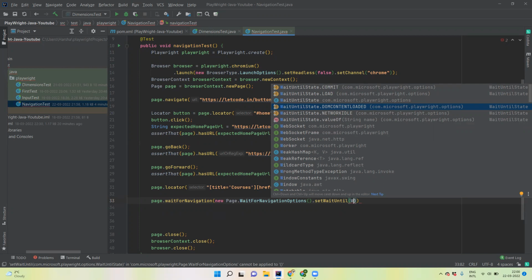And then it starts rendering the CSS. It's going to take some time. And then finally, our page is going to fire a new event called load. When I say wait until state load, it means HTML has been loaded and the styling has also been